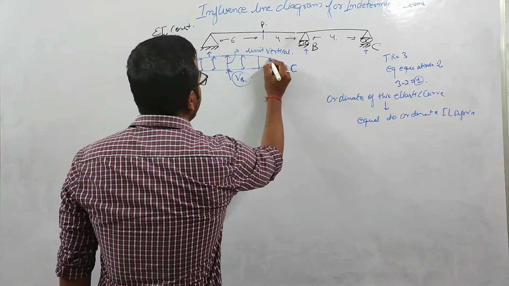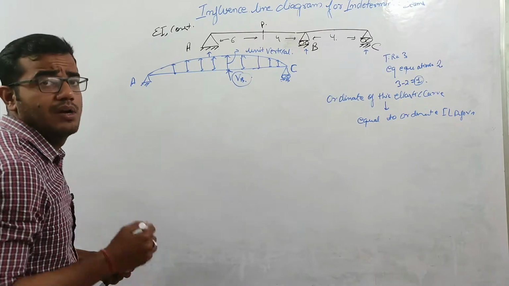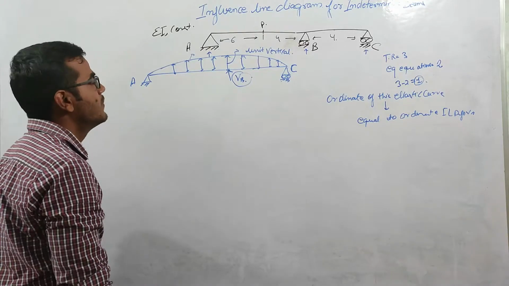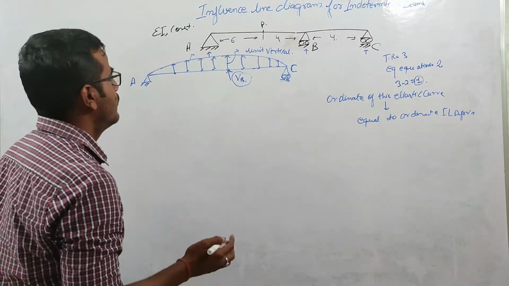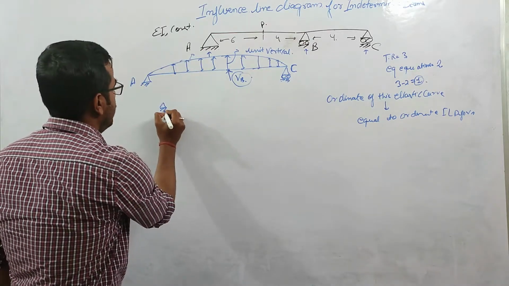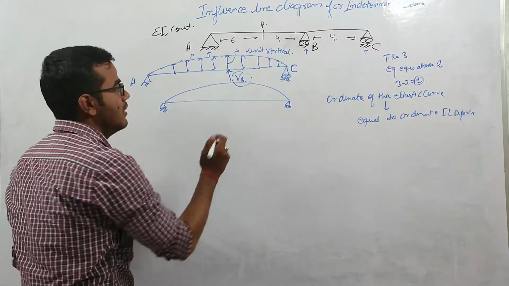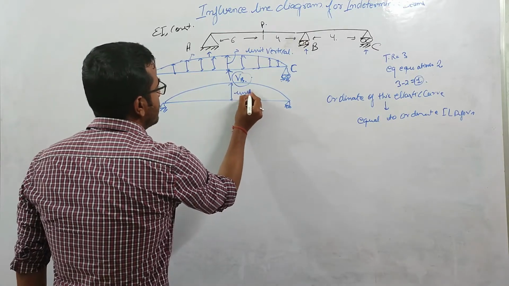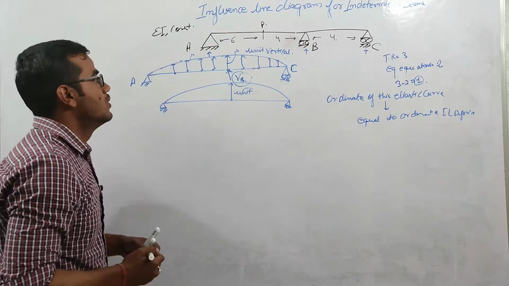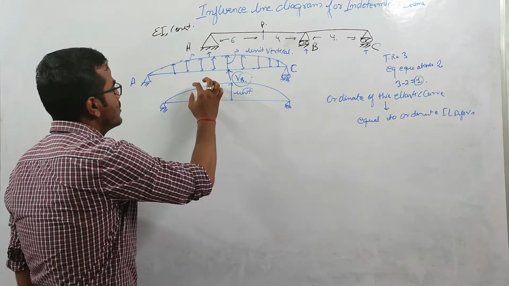So now what we'll do is calculate the deflection curve, what will be the equation for this deflection curve, because we need to find the influence line diagram. So for that we should know the equation of this deflection curve, because when at this point the deflection is unit, this deflection curve is representing the ILD for this VB reaction. So the important thing in this problem is to find the equation for this deflection curve.